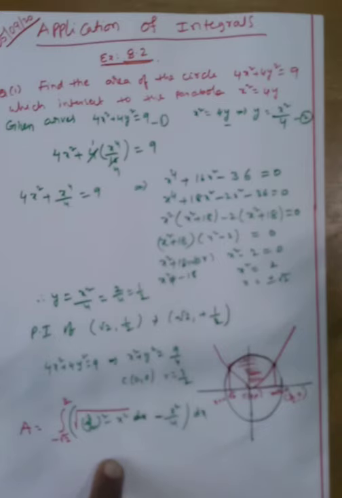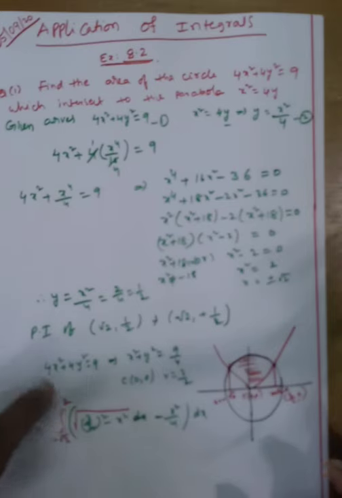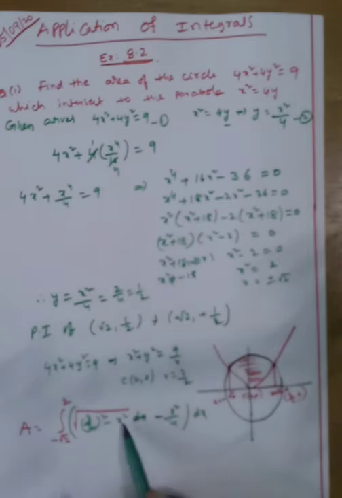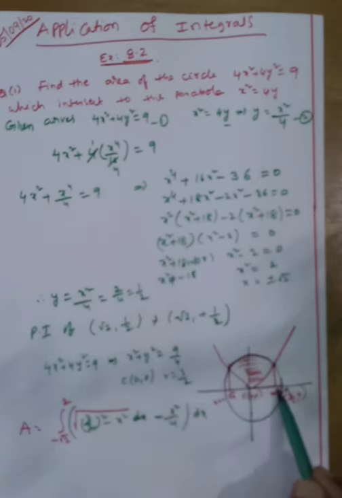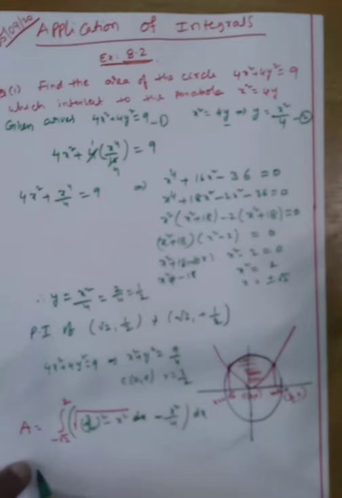I hope that you understood or not. Now what is going on? Here, minus a to a, is it an even or odd function? 100% instead of x we write, it is 100% an even function. Here x square is there, here x square is there. Even function means 2 into, otherwise you write 0 to root 2. This side how much is occupied, this side also how much is occupied, means 1 plus 1, 2 areas. Okay, that equals 2 into the integral from 0 to root 2 of root over (3 by 2) whole square minus x square, minus x square by 4 dx.